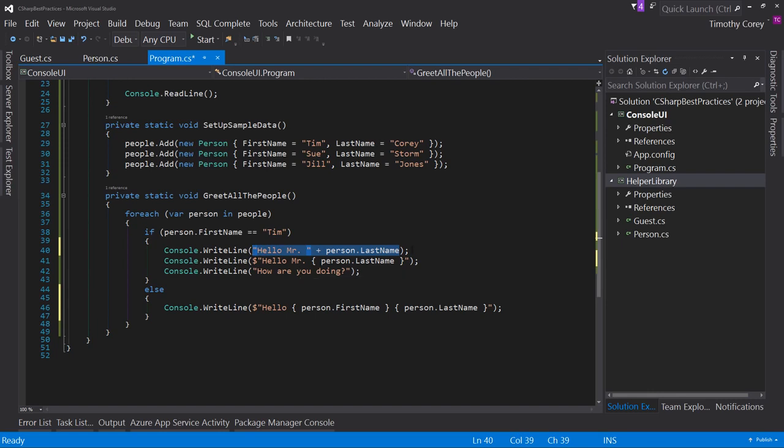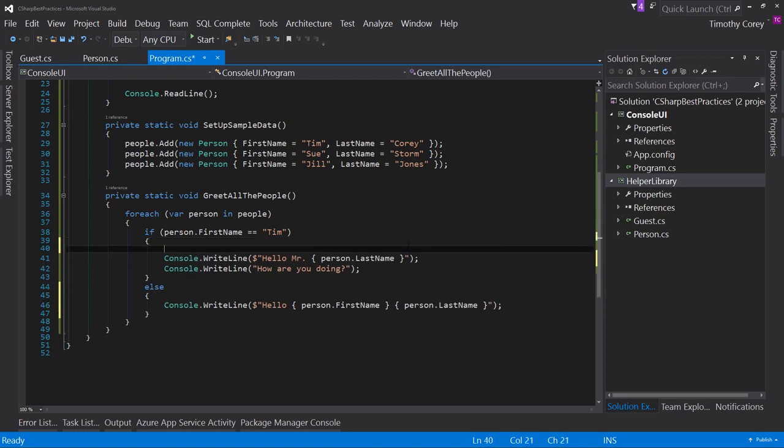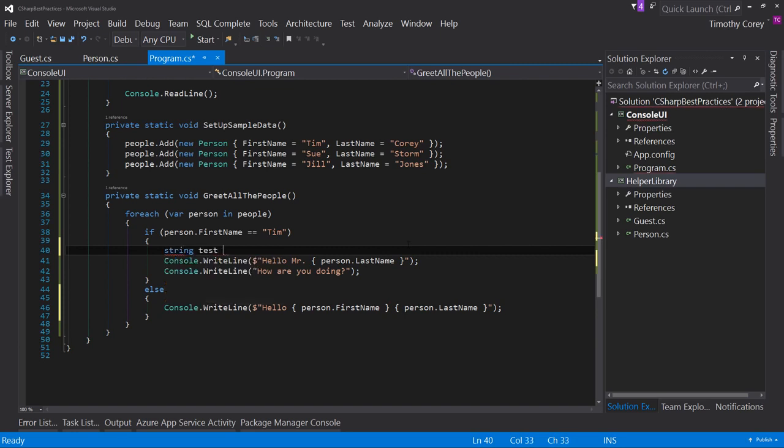Whenever you're talking about adding strings together, my encouragement is if it's all in one line. So for example, if you were going to say string test equals hello space plus person.firstname plus space plus person.lastname plus exclamation point, like that. If you're doing something like this, where you're building a string all in one line or in a couple lines, and then you are using that,